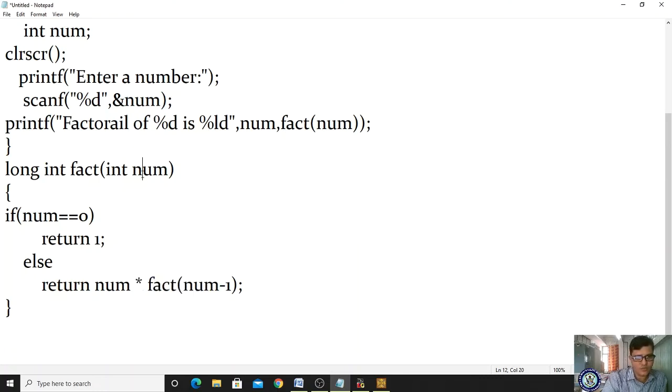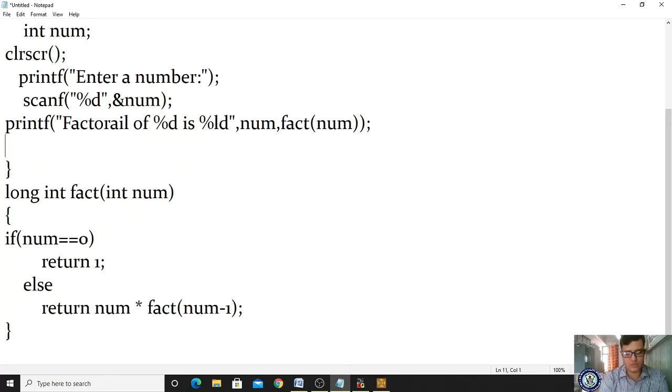Once again you call fact of 1. 1 equal to 0, condition false. 120 into 1 is 120, and 1 minus 1 is 0. So it will return to the calling function with 120 already. Now it comes here as 0, 0 equal to 0, condition true, so it returns 1. After the 120, it will exit.